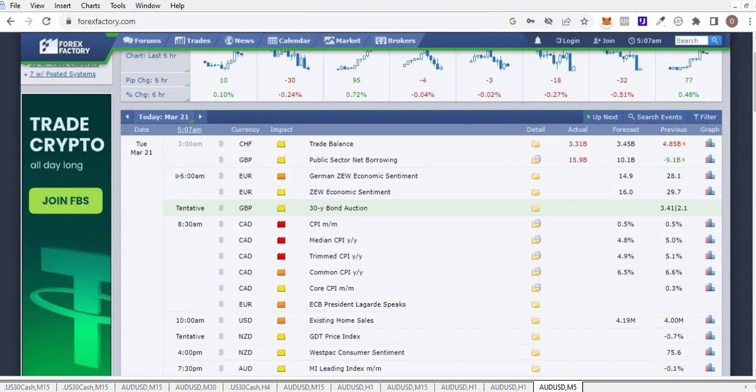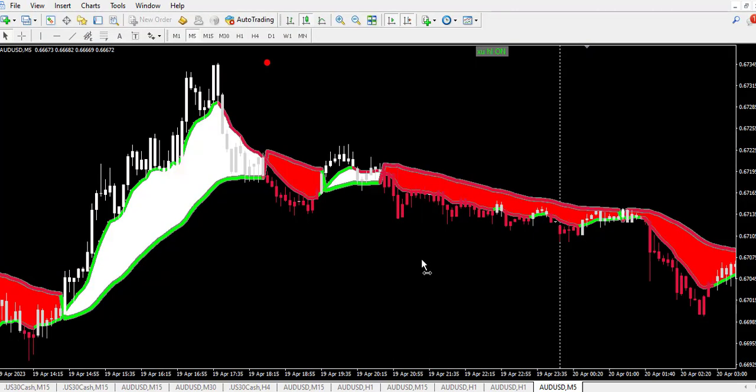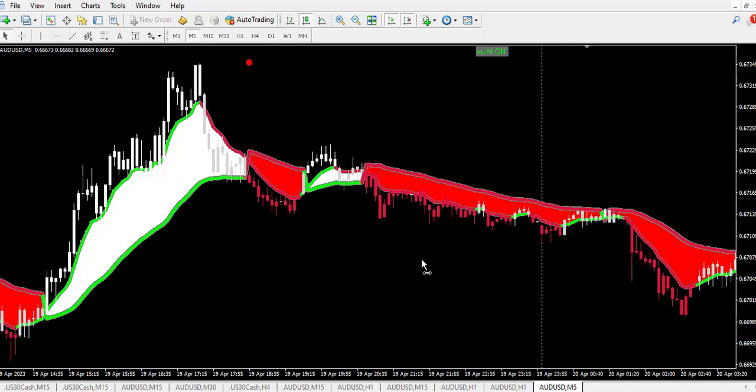If any of the pairs, either the base currency or the quote currency, has news, make sure you stay away from that particular pair for like 1 hour: 30 minutes before the news and 30 minutes after. Allow the news or the market to settle down before you take your trade, because it might go against your